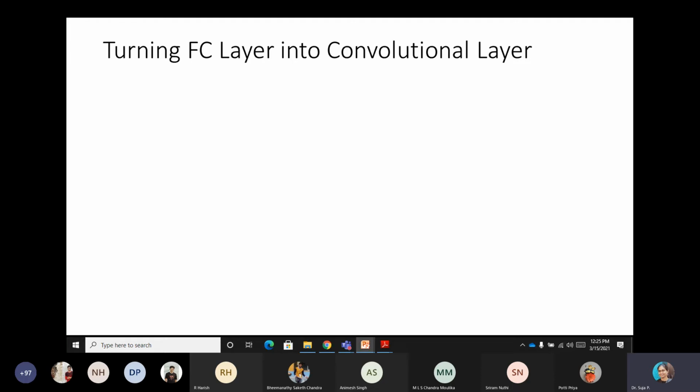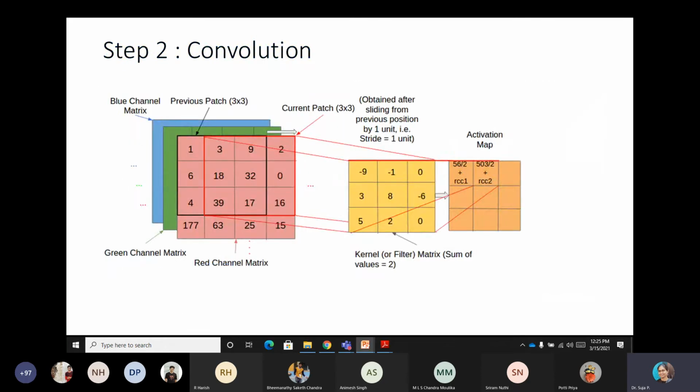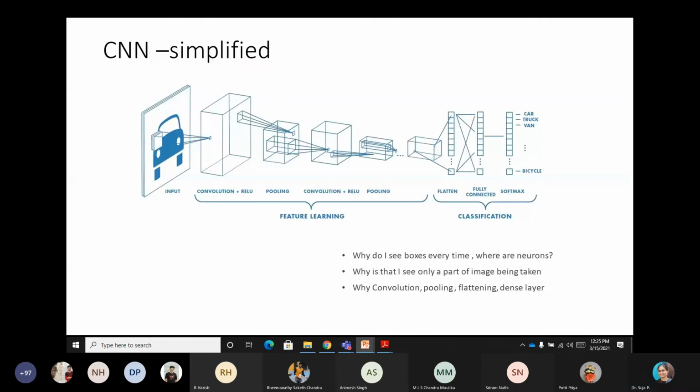So this part I will show from the basic slides. You will have a convolution, and there is one ReLU operation here. This ReLU, I think you would have studied earlier in the day 3 slides. What ReLU does is it stops your negative values from moving to the pooling.